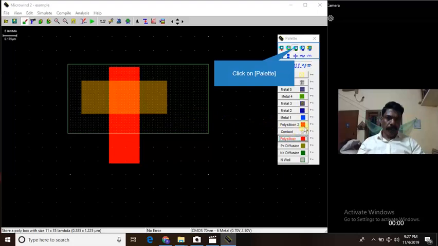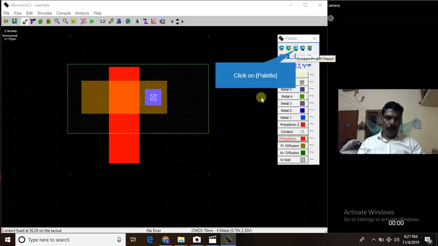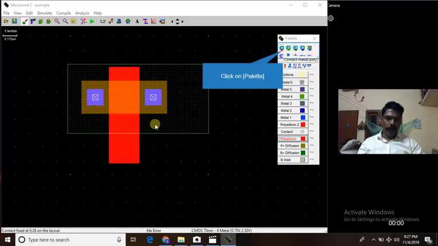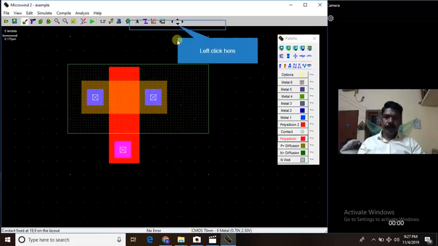So take contact: open a contact window and then put a metal, or directly you can put a P plus diffusion to metal contact. So click on this, put one contact here. Click on this, put another contact here. And to take contact from poly, there is a metal poly contact. So put that here. So this completes your